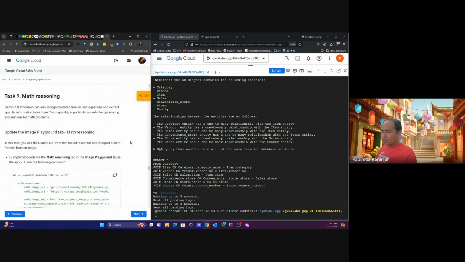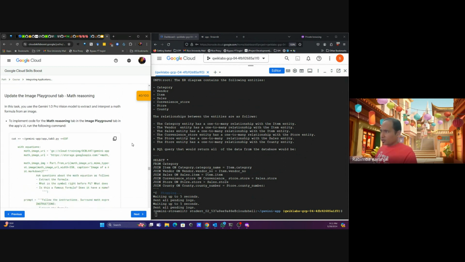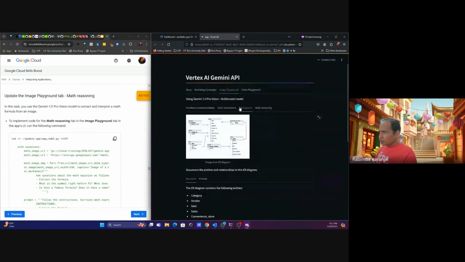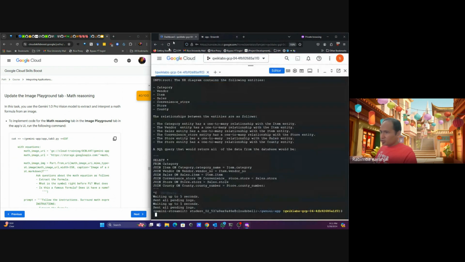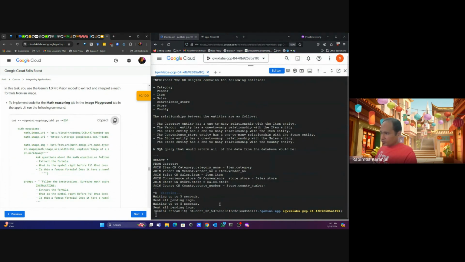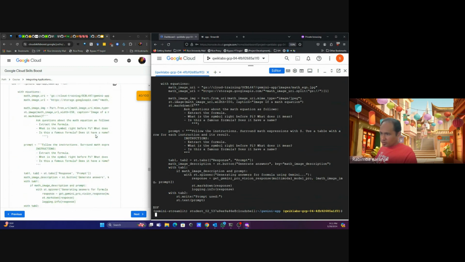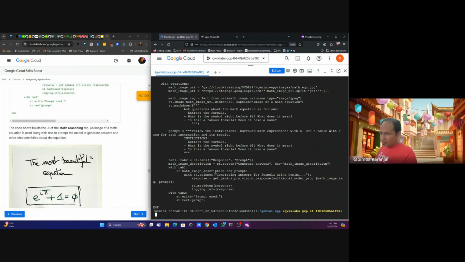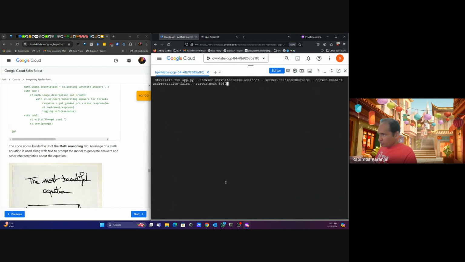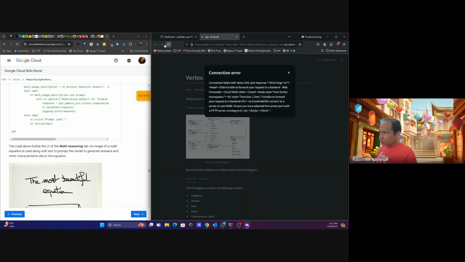Go back to our Cloud Skills Boost, and let's look at math reasoning. So this is going to be the other part of our tab 3, which is this math reasoning part. Let's add that. I'm just going to add this. This is going to add this to tab 3, and this is the image that went there. And if I run this,